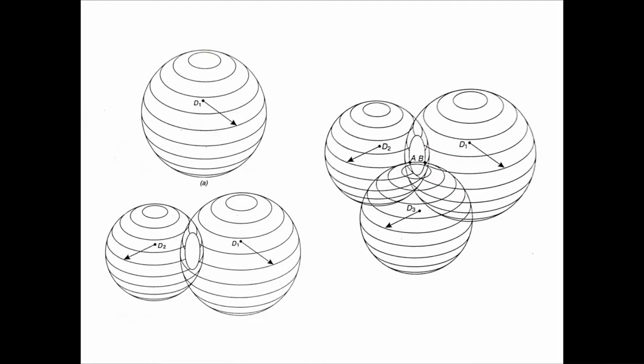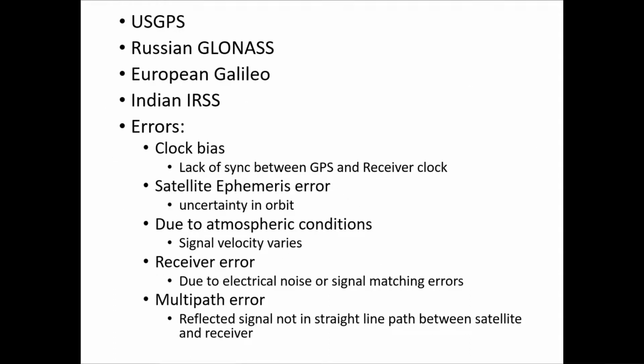All right. So this method is called satellite ranging. You have different GPS positioning systems: US satellites, Russian, European, Indian, etc. You have the US GPS, Russia's GLONASS system, the European Galileo system, the Indian IRNSS system, etc. Right? Even with so many satellites, there is still a window for error. There are many different errors that have to be considered when pinpointing an exact location.